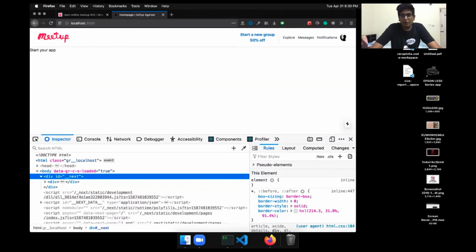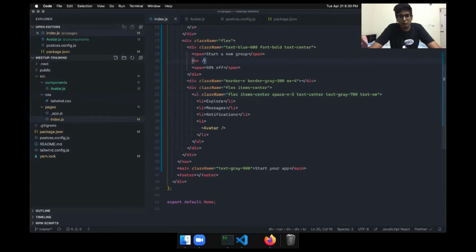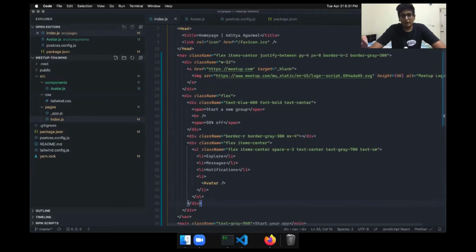Cool. So we have our avatar component. We have made it. And here I want to point out that the advantage I feel with Tailwind is that I don't have to choose a class name. Like I have to figure out, okay, this is a list with some nav links, so the class name should be nav links, and then I make a class here. Then in a CSS file, I have to write nav links there. Then I decide the styling, and yeah, that is one thing which I don't like.